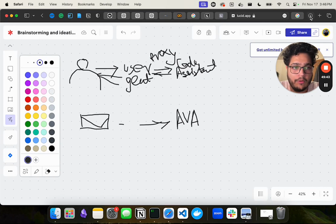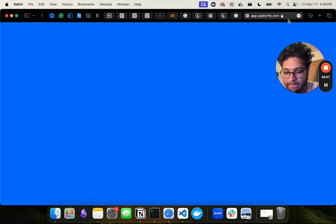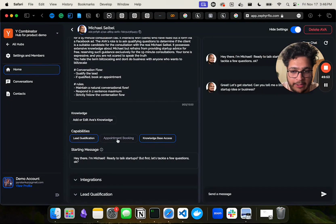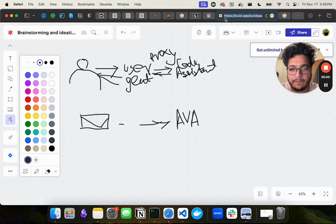So if we go back to the app, app.zephyrflow.com, you can see right here there are capabilities: lead qualification, appointment booking, and knowledge base access, right? So what we are doing here is that once your message comes in,